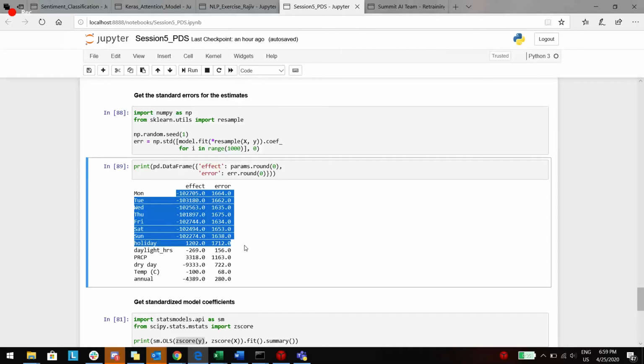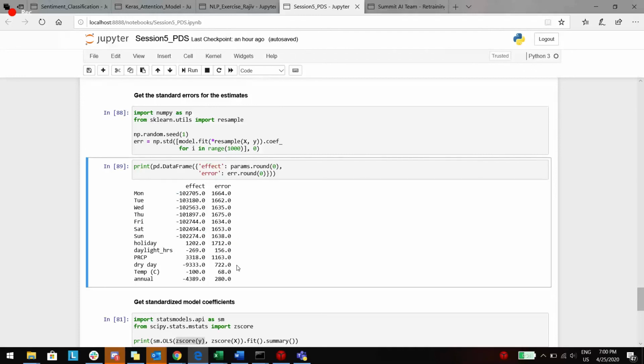So there is also an idea where we try to see the effects of these categorical variables. For example, if it is a dry day or not, this is just a flag. If it is not a dry day, what this exactly means is that my estimates would go down by 9,333 since it is negative, and there is a significant amount of variation. This is approximately 8%, right? So these are the ways we need to try to interpret.